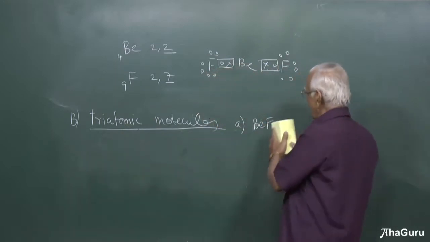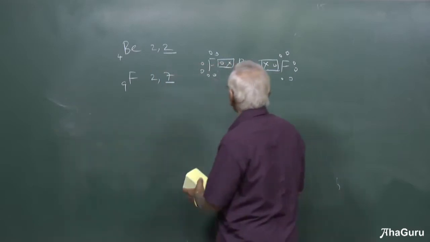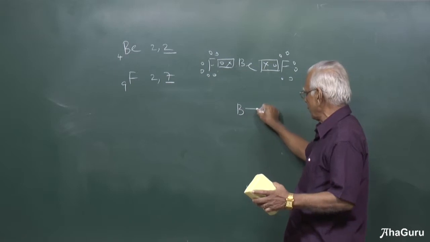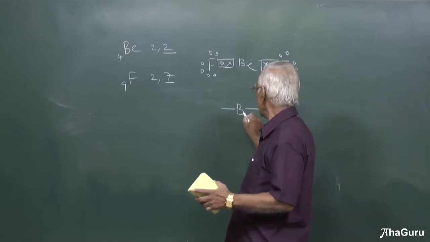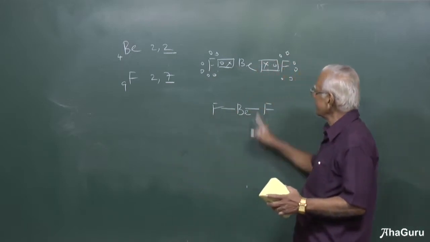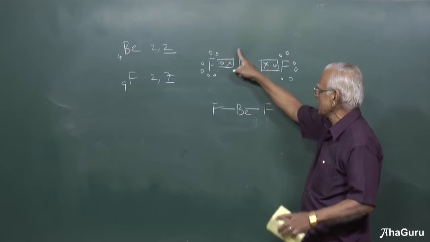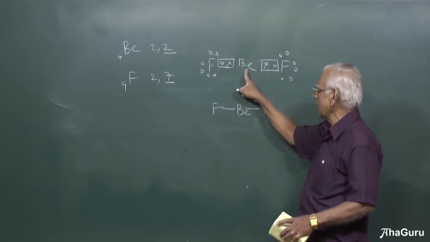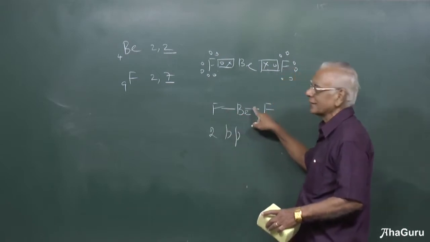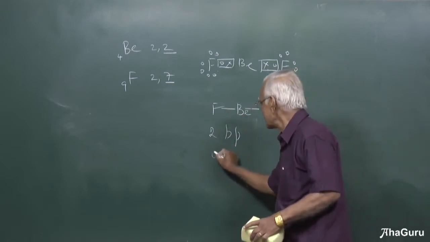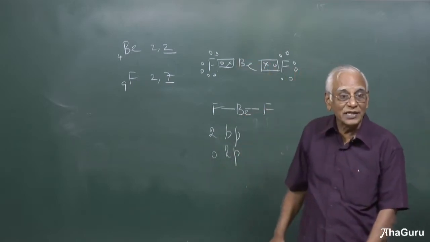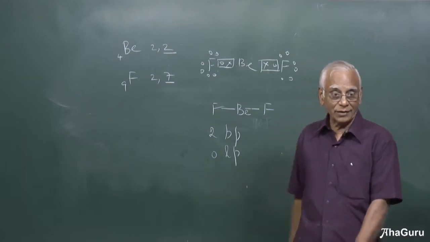Now, you see, how do you draw? 1 minute, make a note of your doubt. Whenever there is a single pair which is shared here, we put a single bond. Therefore, it's a single bond. Beryllium here, fluorine here, fluorine here. Around the beryllium, you should always take the central element. Around the beryllium, how many bond pairs are there? There are 2 bond pairs, one here and one here. How many lone pairs? 0 lone pairs here. There is no lone pair. Lone pair is a non-bonded electron pair. Make a note of it.